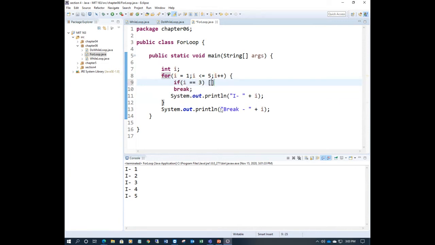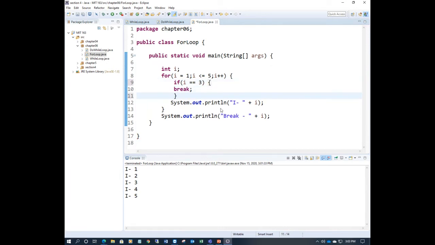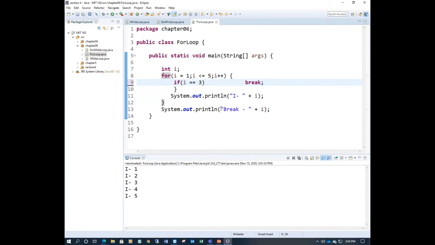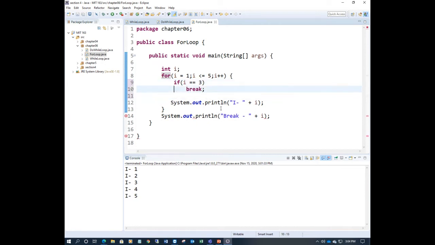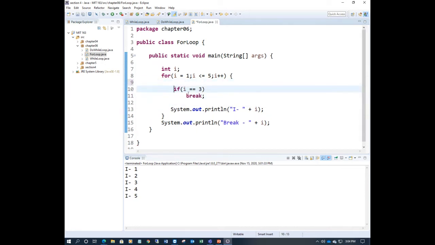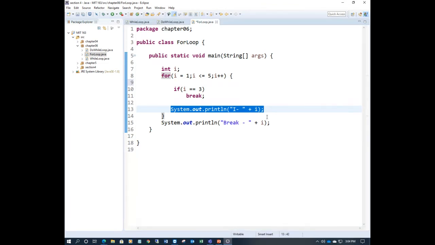It is like this simple statement, right? If one break, you can use braces or not because there is only one statement. This is optional, so you need not have brackets here. So like this, I equal to 1 here, 1 not equal to 3. This will not execute. It will print I equal to 1 here, not the break one.